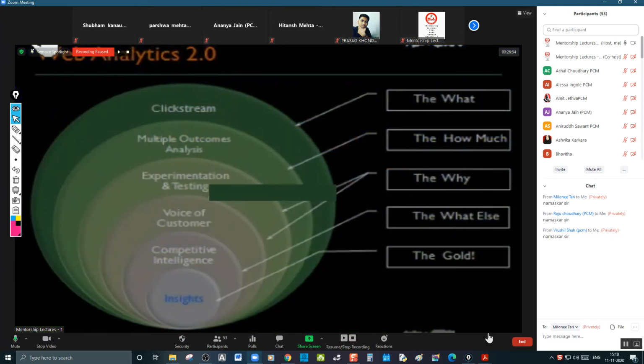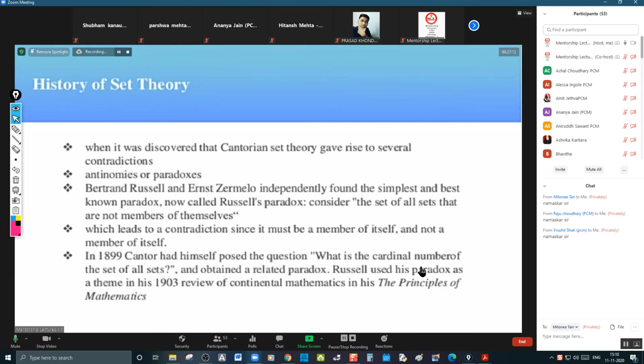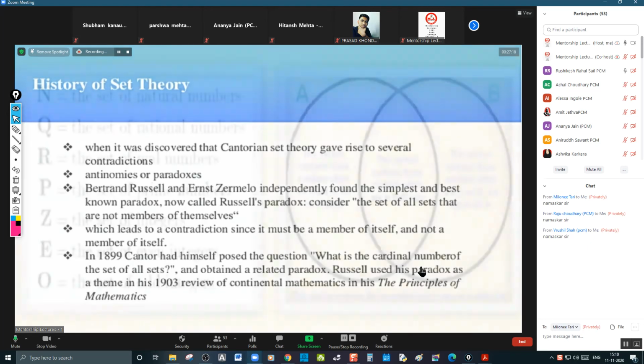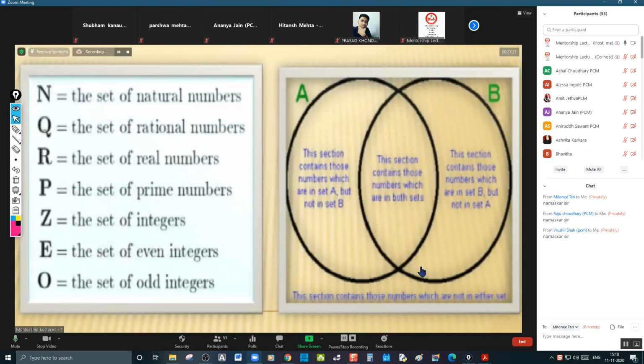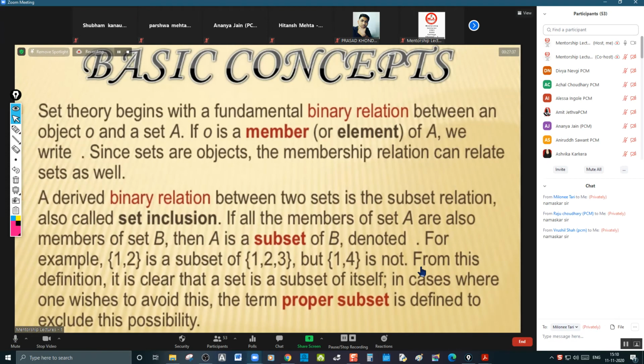So let us say relations. In continuation to Cartesian product, if you have one set A and another set B, for example, set A consists of letters A, B, C and set B consists of integers 1, 2, then the cross product between {A, B, C} and {1, 2} will be A1, A2, B1, B2, C1, C2.